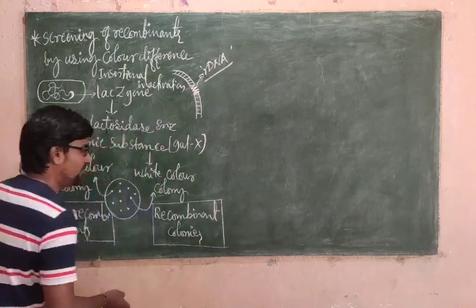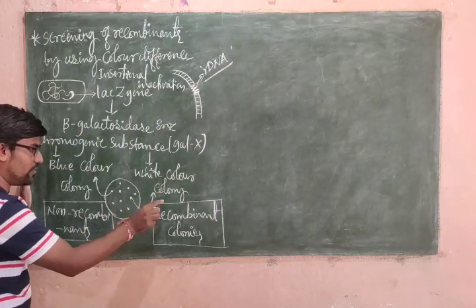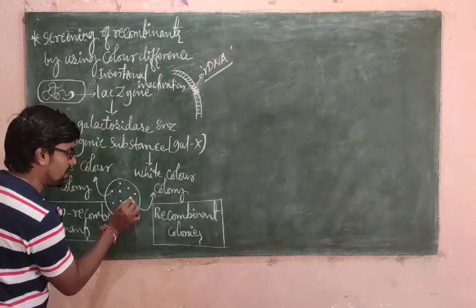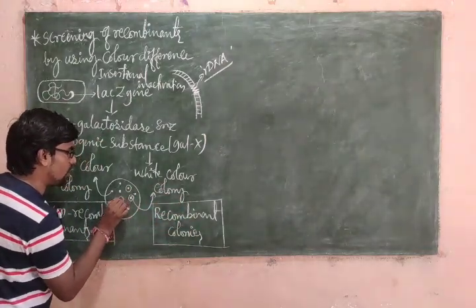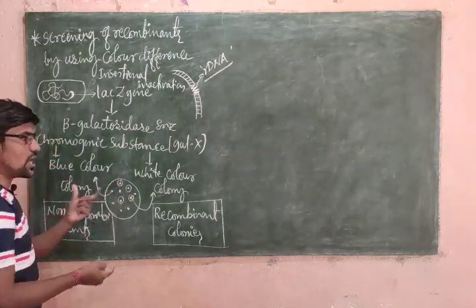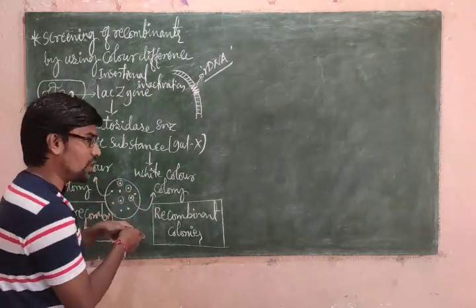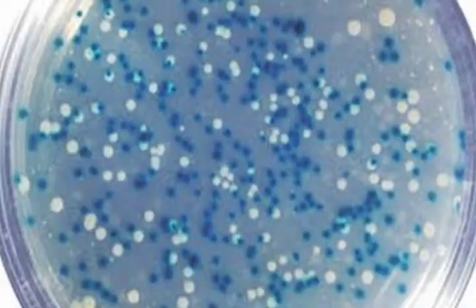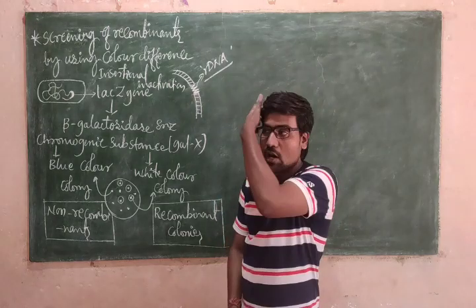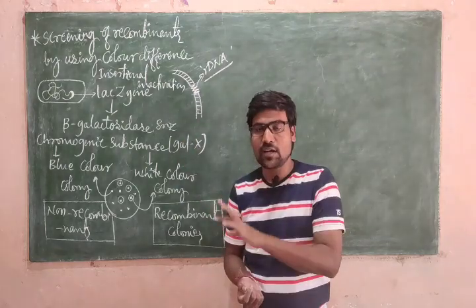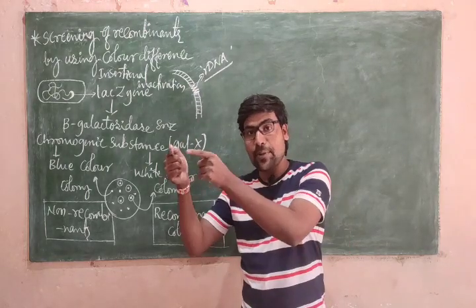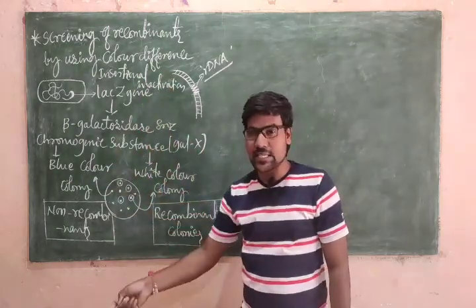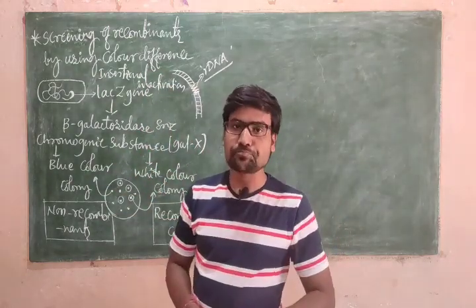So now we will take the white color colonies. We will take out white color colonies. So for example, this is one white, this is one white color colony. Let us consider these four are white color colonies, meaning these four colonies have recombinant cells. Now we can easily separate the recombinant cells from non-recombinant cells. So this is one screening method on the basis of color difference, color difference in the colonies. Compared to other screening steps, it is an easier step, right?